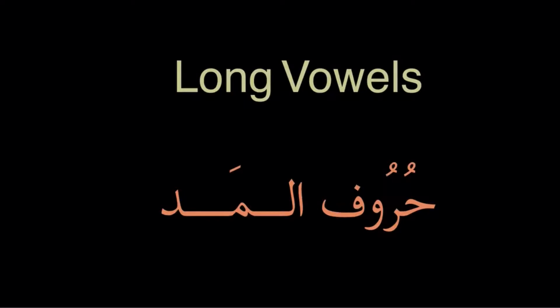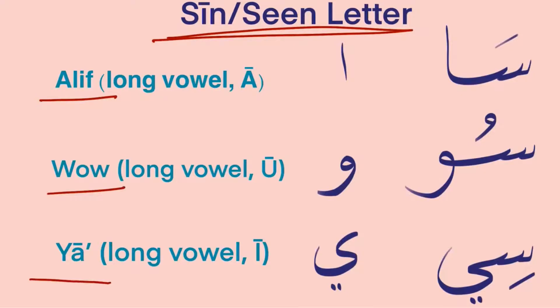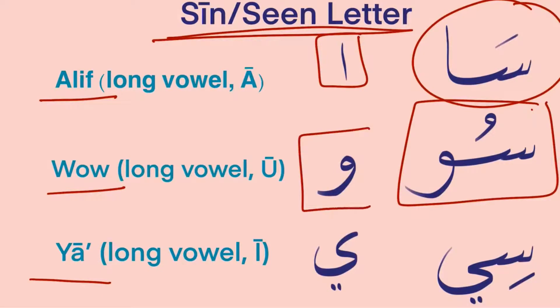In the next session, we'll be covering the long vowels, حروف المد, a, u, e. This is how the seen or sa letter would look like when it is attached with any of the long vowels, alif, waw, ya. Sa, long vowel alif, su, long vowel waw, si,